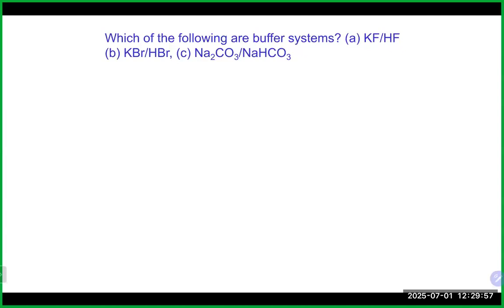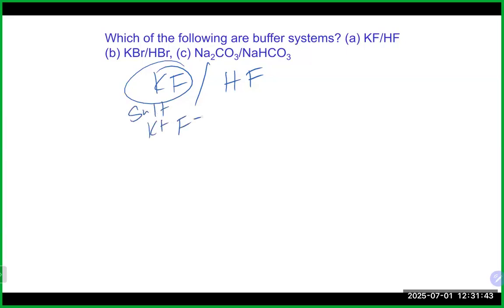So take a moment here for each of them, decide, can these be a buffer system or not? Okay, so looking at the first one here, we got KF and HF. And once again, this is a salt, and that means that this is K+ and F-, so that is F- and HF. That is the one we were just looking at, and that definitely can be a buffer as they're related to each other. HF is a weak acid, so that is good, and that would be the salt of its